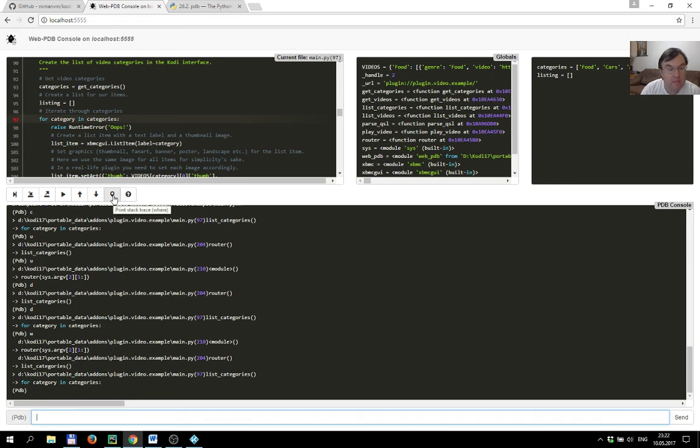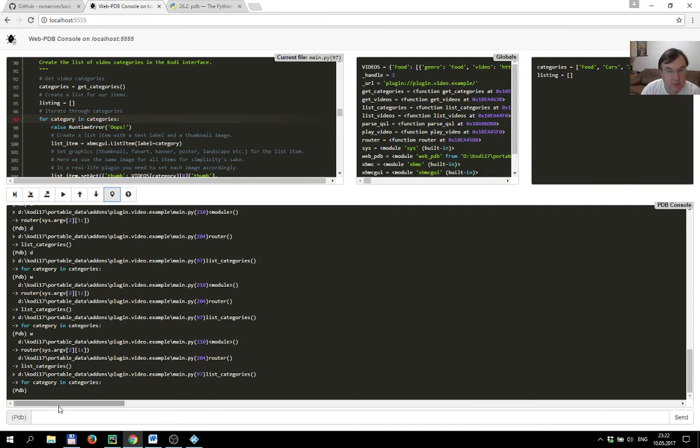And in our toolbar, this button corresponds to the W command, the where command. Again, we printed our stack trace. Now, if you want to continue execution of our add-on, you can enter a continue command, a C command, or hit this button. Or, if you do not want to continue execution of your add-on, you can use